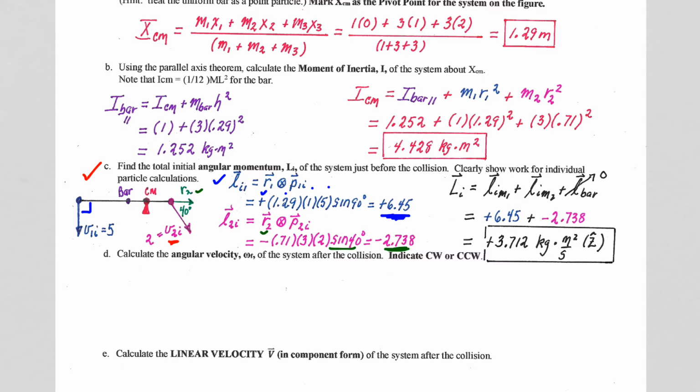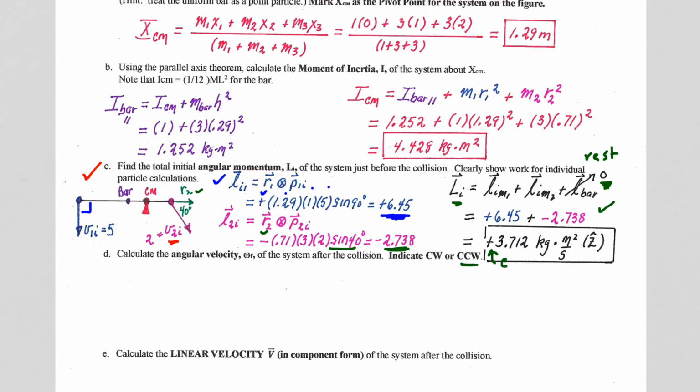2.738. Now the bar was initially at rest, so the bar had no initial angular momentum. So the bar starts at rest initially. And here are the assigned angular momentum values we give to the linear momentum of the particles that come in, stick, and will contribute to the rotation. Notice the initial angular momentum is positive. Positive angular momentum corresponds to